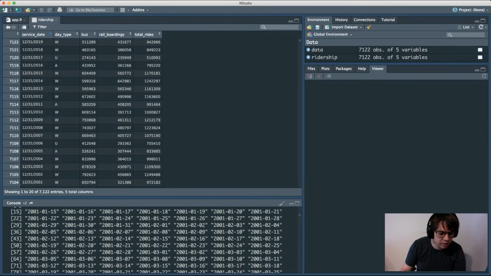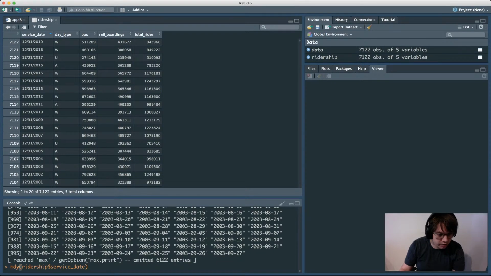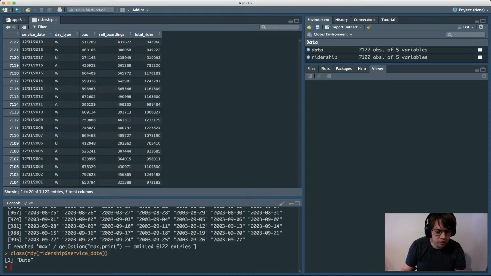Hopefully we can see that these are now dates. Kind of hard to see, but if I wrap this in class, then we should see that they've been parsed correctly. Yeah. So after we use this month, day, year function, the values become dates,